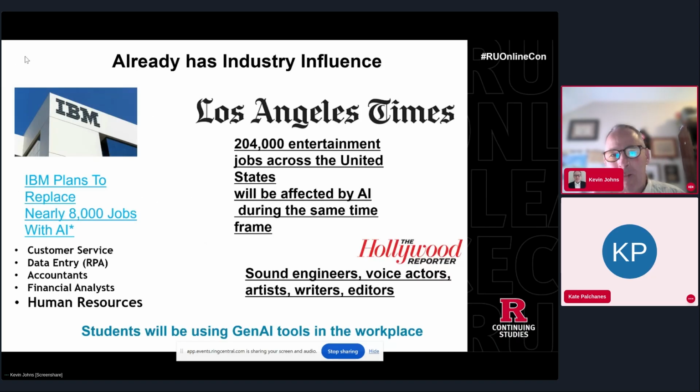All right, industry influence. I don't want to say this is an example of people having different opinions about what's going to happen within the industry with these Gen AI applications. But I know already that IBM is looking to replace jobs using Gen AI. That's already been announced.